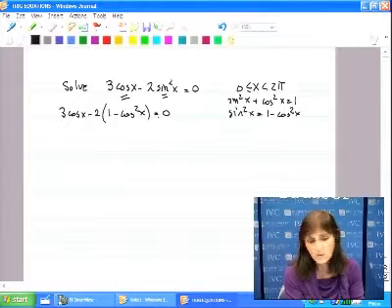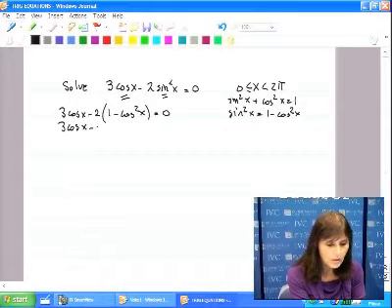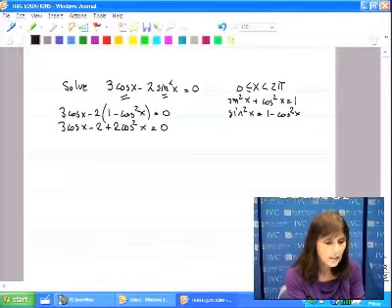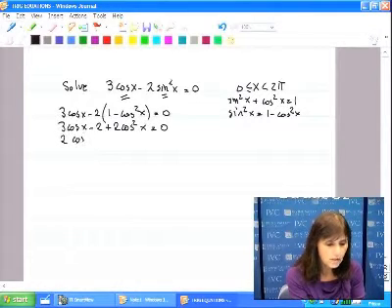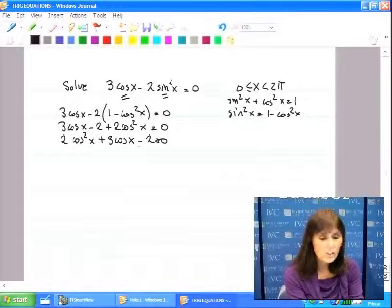Oh, guess what? I just got a quadratic. So FOIL this out: 3 cosine x minus 2 plus 2 cosine square x equals 0. Let's rearrange: 2 cosine square x plus 3 cosine x minus 2 equals 0. And guess what? This is factorable,